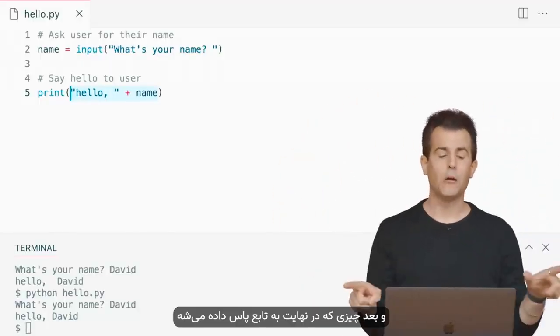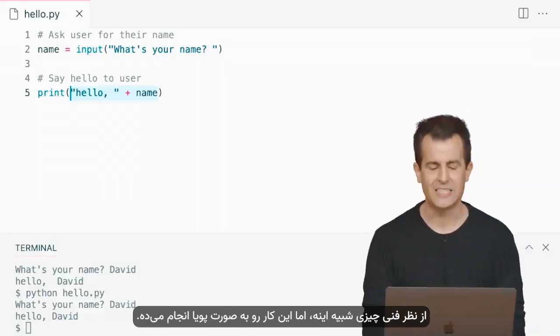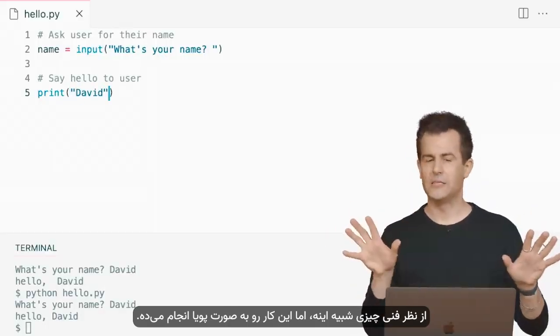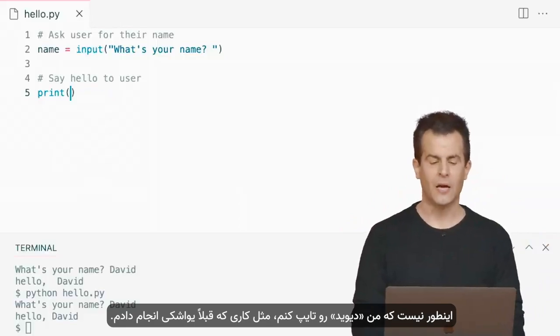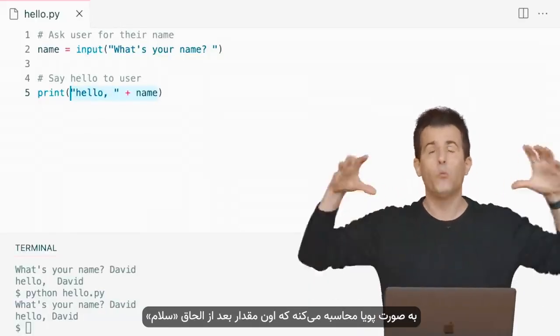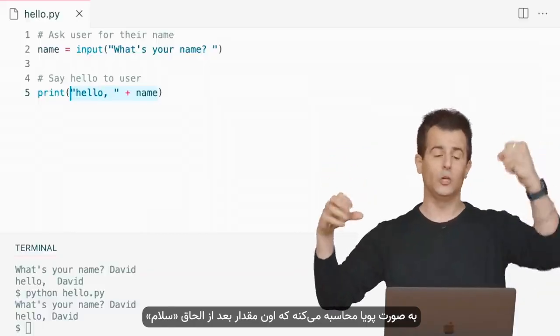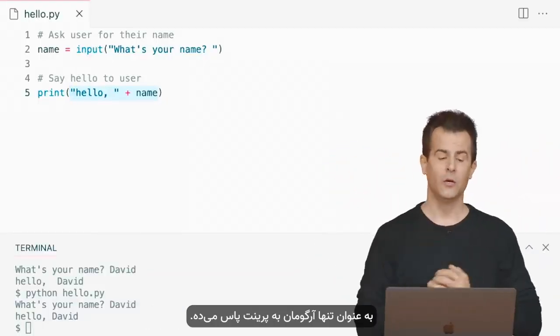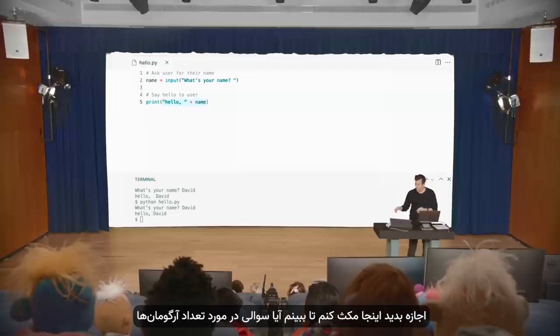And then what's being passed ultimately to the function is technically something like this. But it's doing it all dynamically. It's not me typing in David as I discretely did earlier. It's figuring out dynamically what that value is after concatenating hello with the value of name, and then passing that ultimately to print as the sole argument. Let me pause here to see if there's any